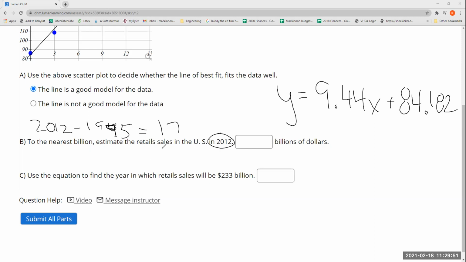So then we get 17. The mistake that many students are going to make is they're going to plug 2012 in. And what 2012 represents as an X value is the number of years since 1995. And if we're 2012 years past 1995, we are in the year